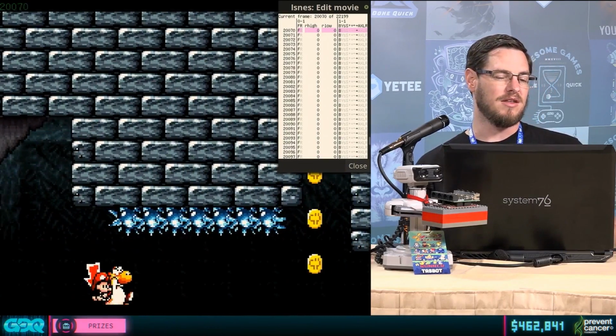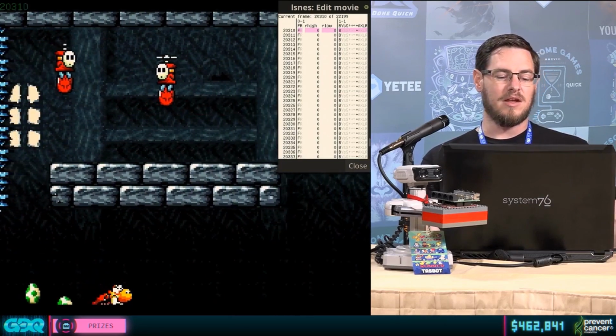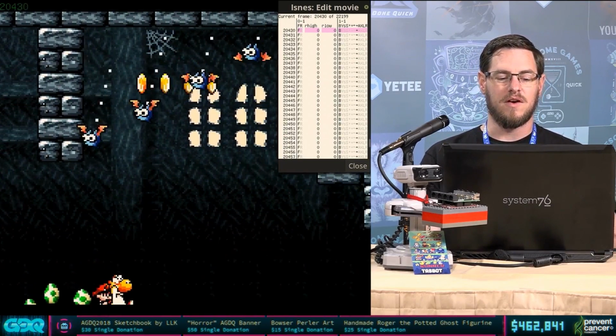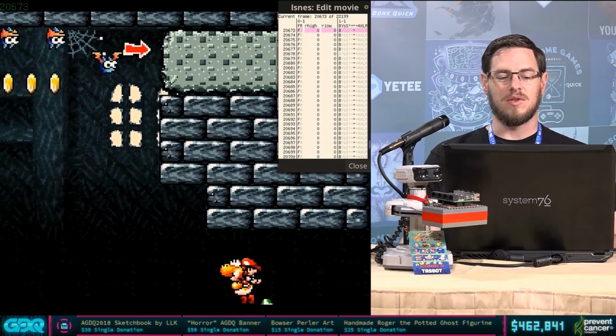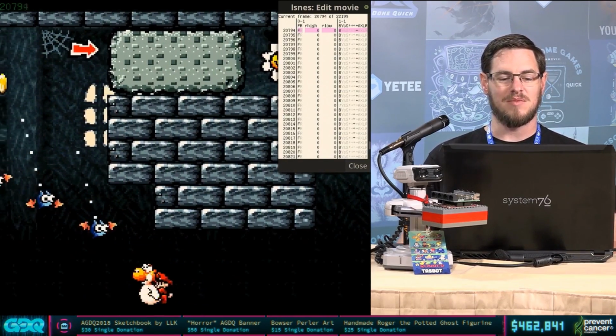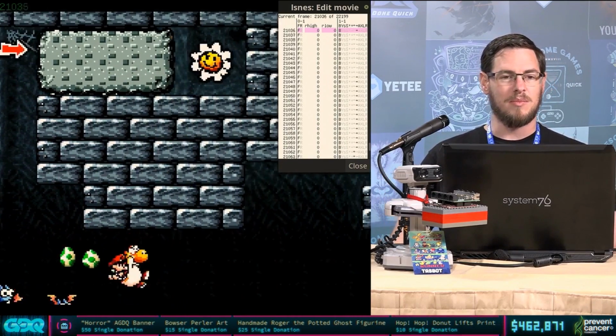They actually have about a 3-frame window to be able to gain height. If they're a little bit later, they start to drop a little farther and a little farther every single time they do this trick. So they want to make sure that they're within that window as much as they possibly can be. I'm just amazed at what these runners are able to accomplish, and you're going to see them right